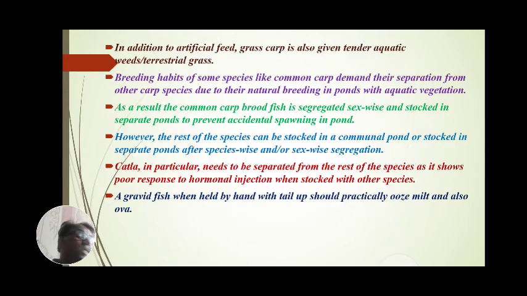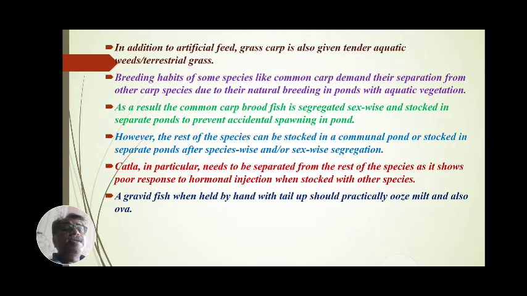Catla in particular needs to be separated from the rest of the species as it shows poor response to hormonal injection when stocked with other species. When catla is stocked with rohu, or when catla is stocked with mrigal,